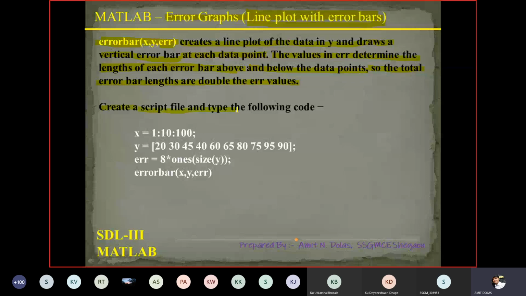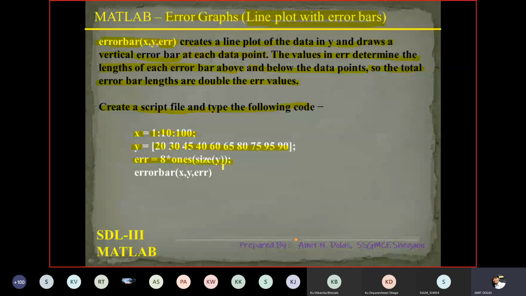Creating a script for this, we have the data: x is 1 to 100 on the x-axis with an increment of 10. Y is the data 20, 30, 45, 40, 60 up to 90. The error function is 8 times ones of size y.